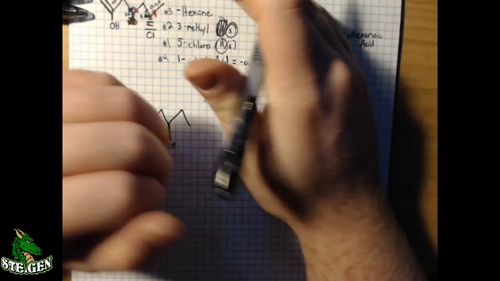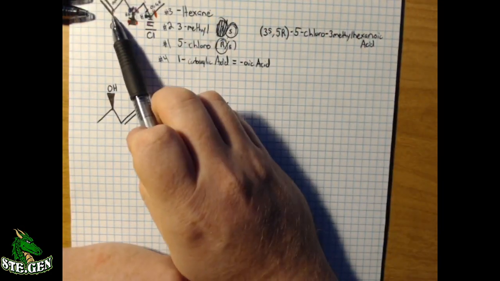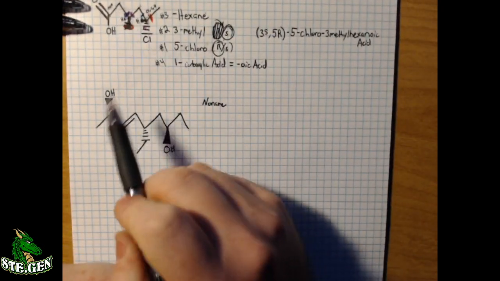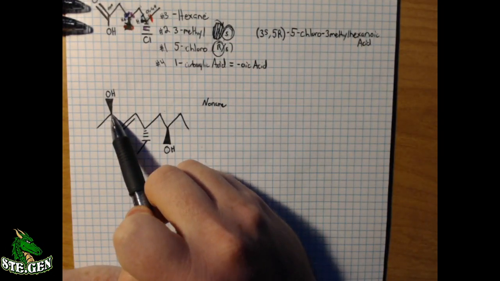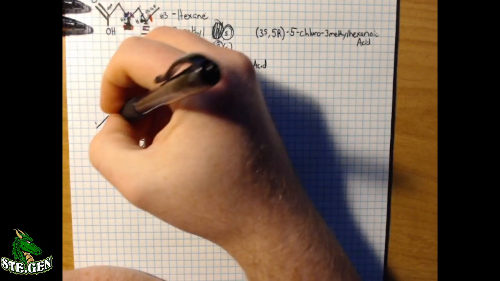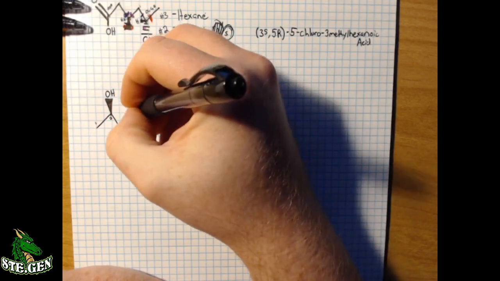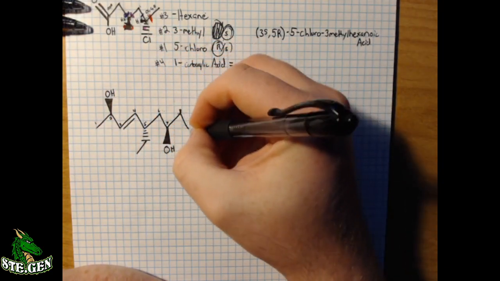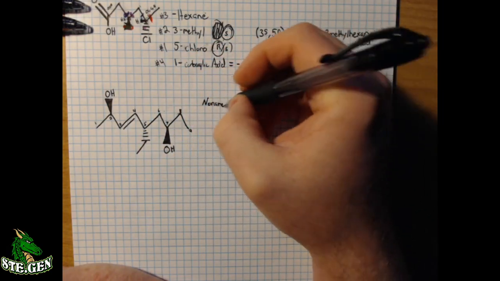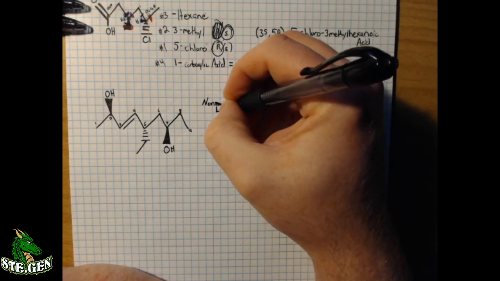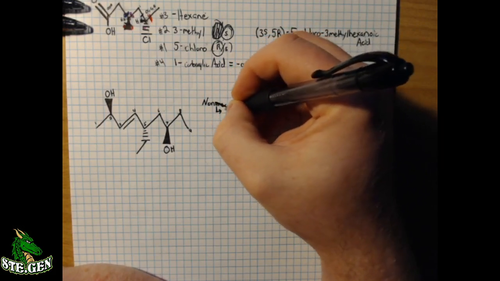Just to double check. This one was obviously going to be numbered from this direction because it has a functional group on position 1. But just to double check, this has a functional group on position 2 from this direction or position 3 from this direction. So we're going to number from this side. I didn't number last time, but 9. So it's not an "ane" because on position 3,